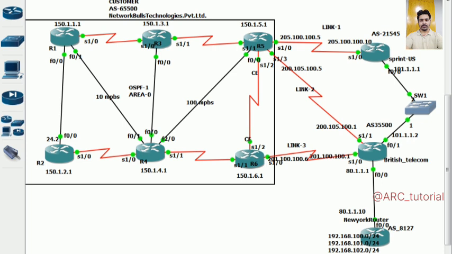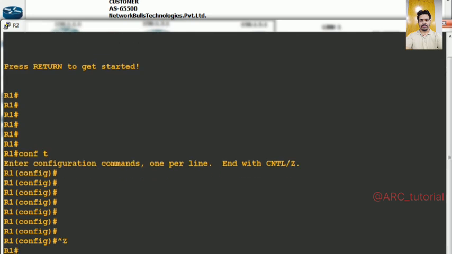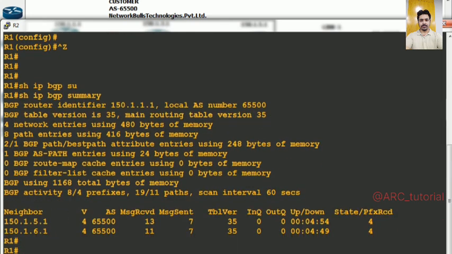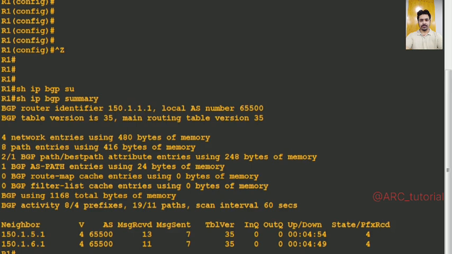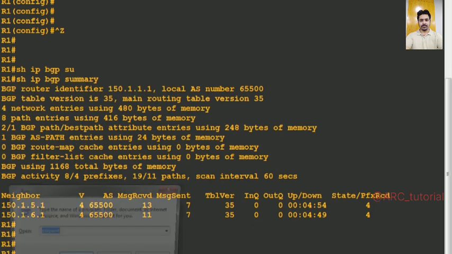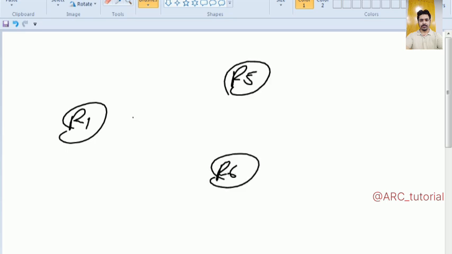Fine. So let's move on to R1 now, and you can see here, show IP BGP summary, that it has neighborship with both of them, I mean R5 as well as R6. So basically the diagram is something like this, because some people were absent in the previous class, that's why I'm repeating this diagram now. This is R1. R1 has neighborship with R5 as well as with R6, and then further R5 and R6 have neighborship with, like here it is Sprint,